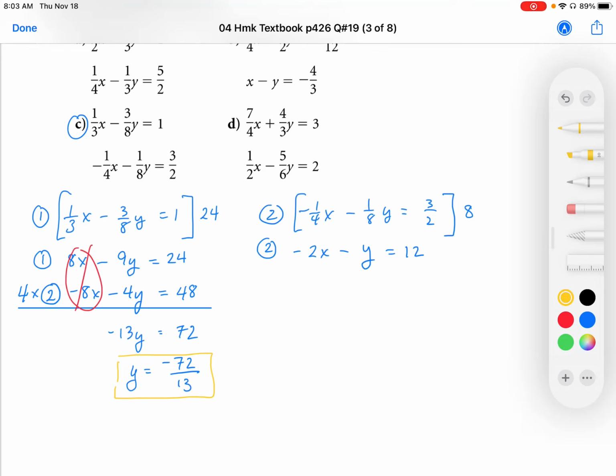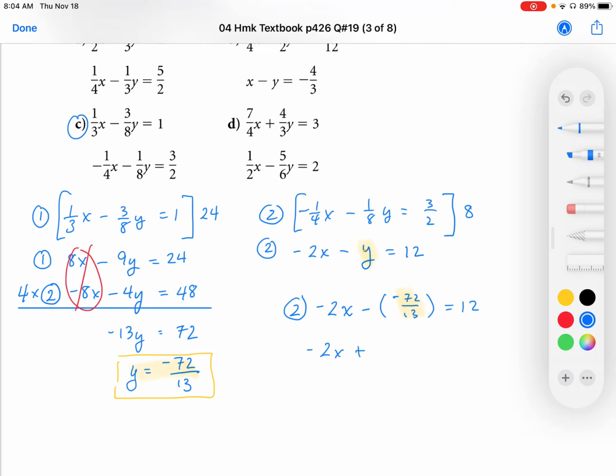Okay, so I want to solve for x, so I'm going to substitute that into equation 2, so the whole number equation. So negative 2x minus y, which is negative 72 over 13, is equal to 12. So I've taken that y there and replaced it with the solution that I got in the first part here. So solving for x,